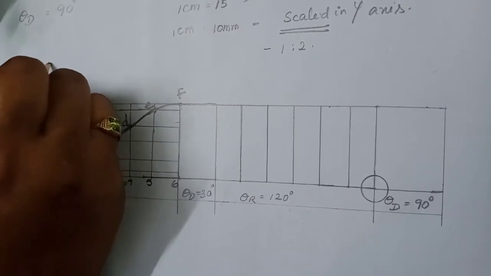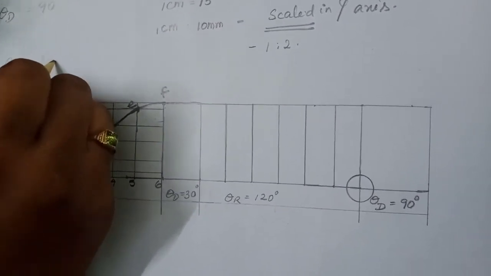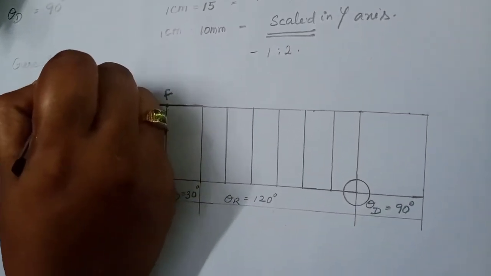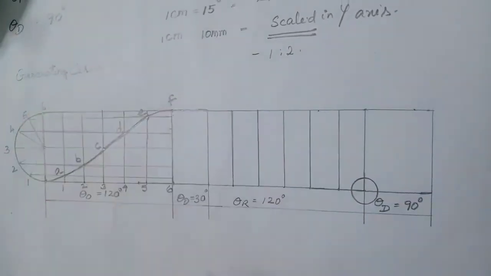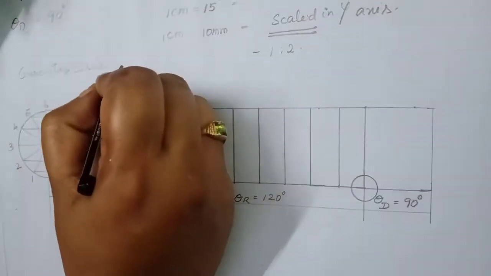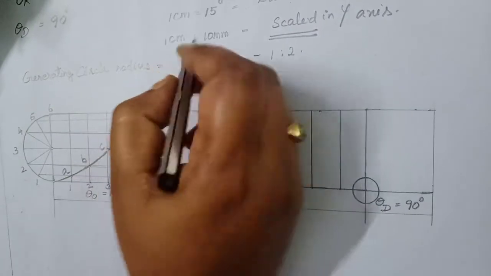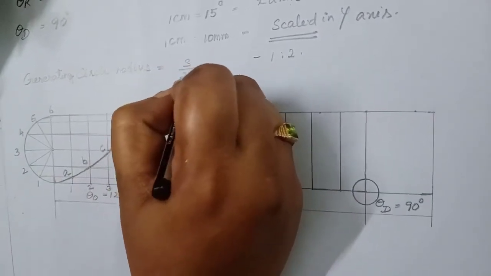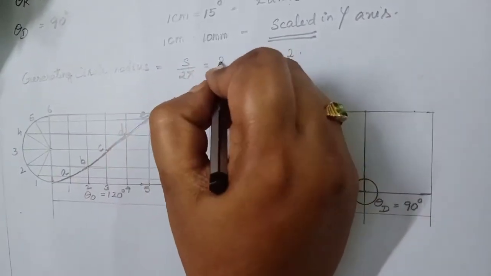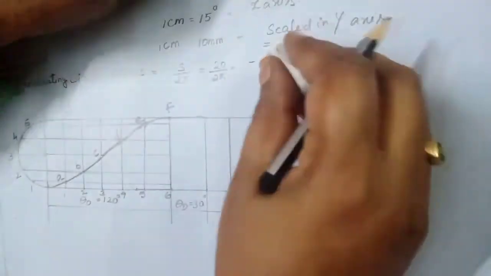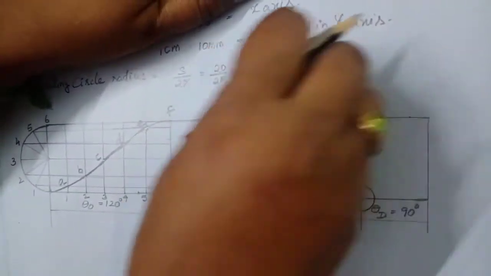So already I have explained the cycloidal motion. Cycloidal motion is nothing but simply what you have studied in engineering drawing, how the cycloid takes place. So here the generating circle radius is very important. For the generating circle radius, there is a formula S by 2 pi. So S by 2 pi, in the sense 20 by 2 pi, you may get nearly 3.18.